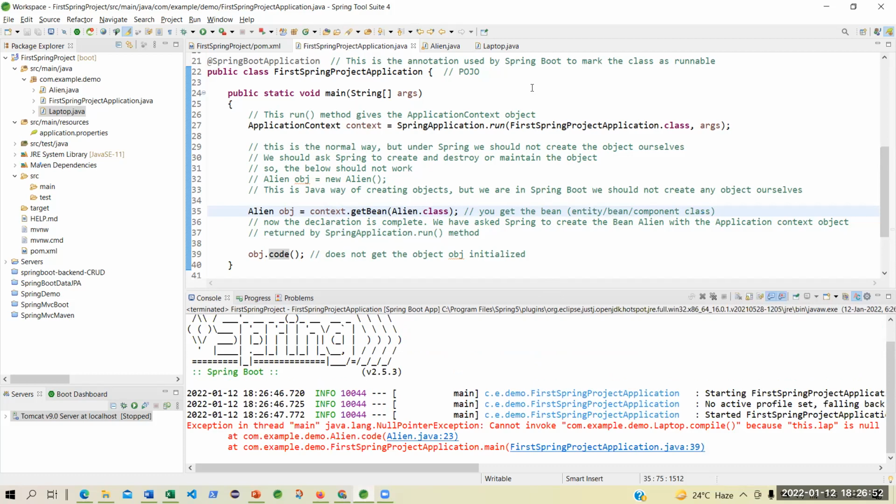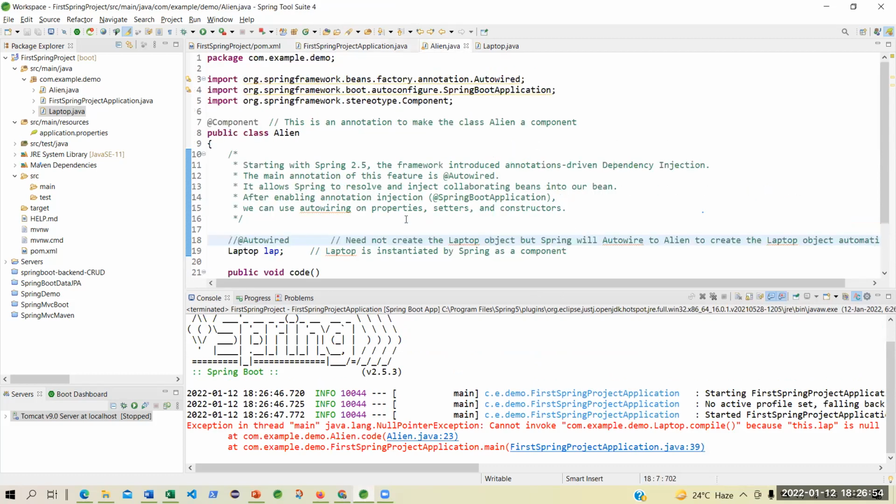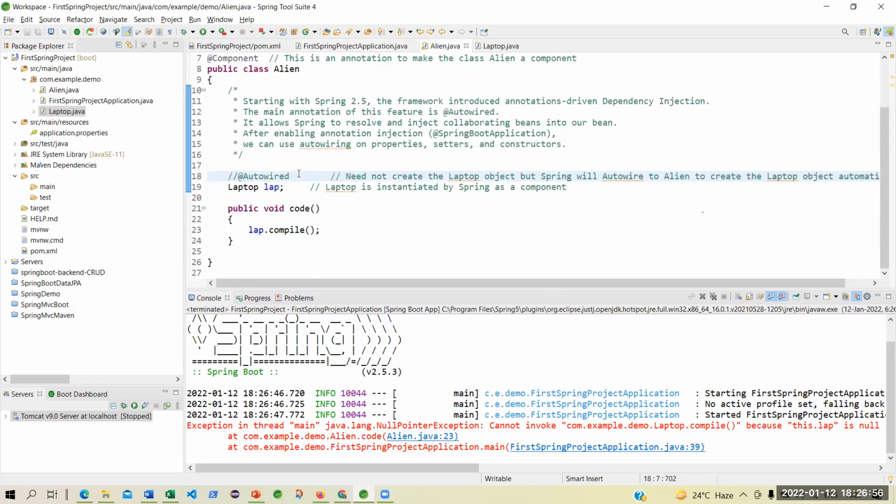What I did was, from Align, I have taken out that auto wired. I've remarked that. What it is saying is that it is calling that compile, but it is not finding it. It is giving a null pointer exception, cannot invoke compile, because it is not getting this lap. It is trying to get that, but this is not injected.